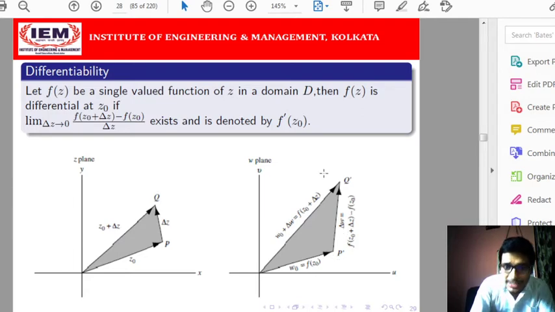So P dash will be gradually moving towards Q dash whenever P will be gradually moving to Q. So this limiting value of the ratio is denoted as f dash z0. I think it is clear from the geometrical significance, because you know that for a function of one variable, the derivative corresponding to a particular point in a curve actually represents the slope of the tangent. Similarly here also, in this direction we can find the slope corresponding to the point z0 in the surface f(z), because you know that in the three-dimensional figure f(z) represents the surface.